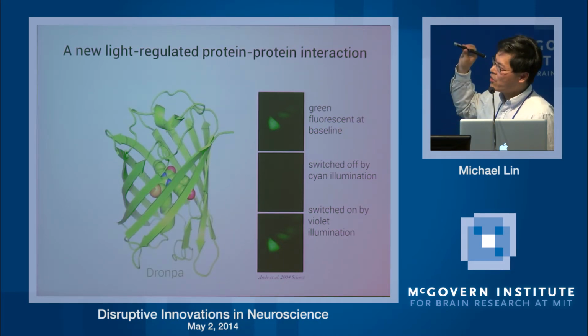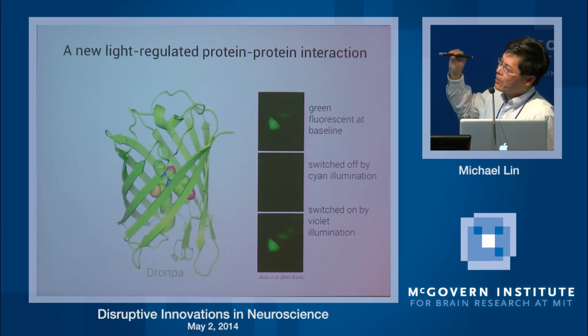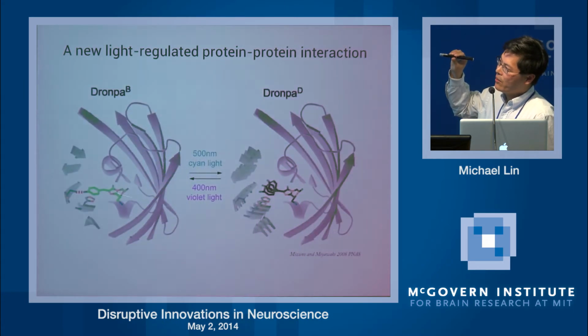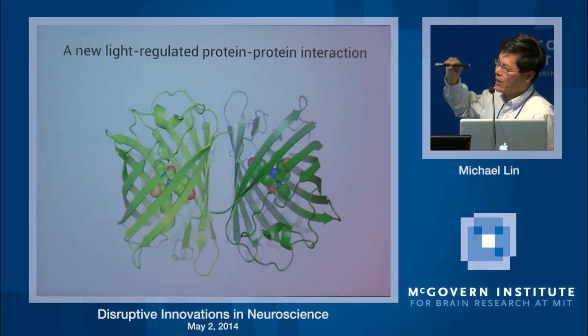And other labs have shown that this photo-switching corresponds with a cis-trans isomerization of the two rings of the chromophore. So originally, the chromophore is in a bright cis state. When it's illuminated by 500 nanometer light, it flips to the other side, and it becomes dark. And then it can be flipped back again by 400 nanometer light. But on this side, NMR studies have shown that there's a loss of structure along this barrel surface of the protein. And we simply noticed that that barrel surface is the primary dimerizing surface in dimeric and tetrameric forms of